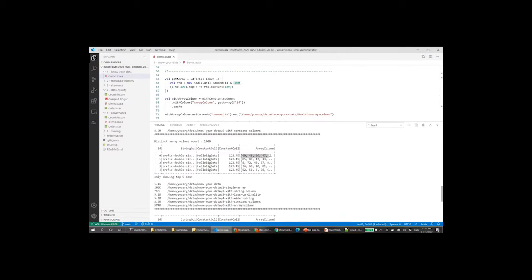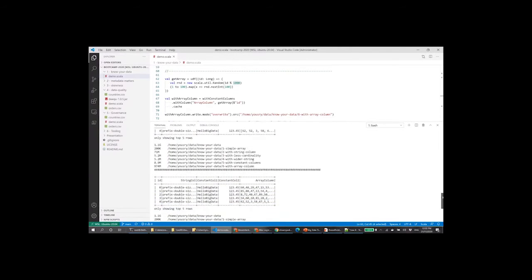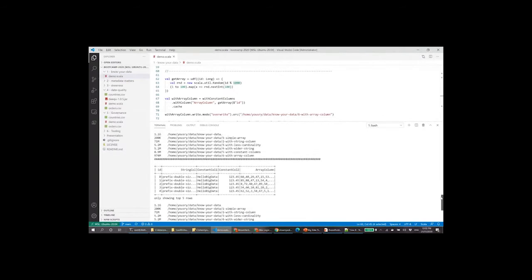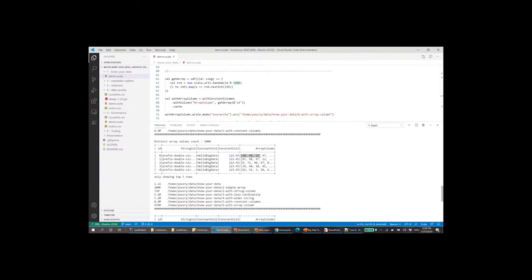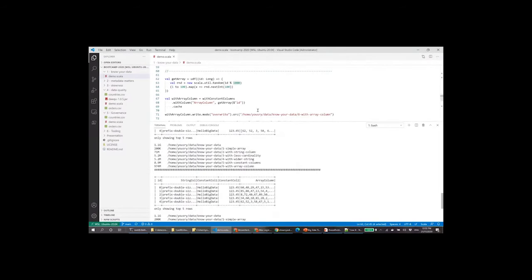So what can we do with this kind of column to limit our data size a bit, or maybe greatly, especially if the cardinality of this column is small? Assume that for any reason you have 10 million records in your data set, but eventually the unique combinations here are like 1,000 or so. So the trick here is to store that column, or serialize it as a string using any kind of approach, like comma separated values, or serialize it as a base 64 or JSON or whatever. So the next step here, I'll take that array column and convert it to a comma separated values